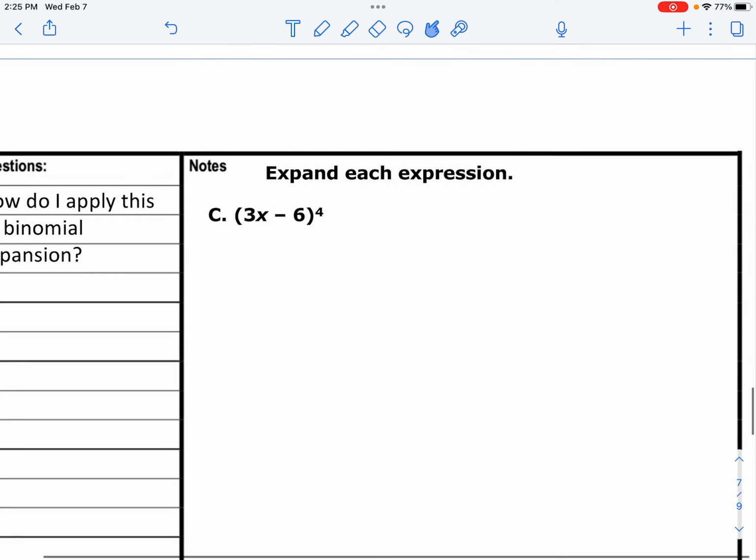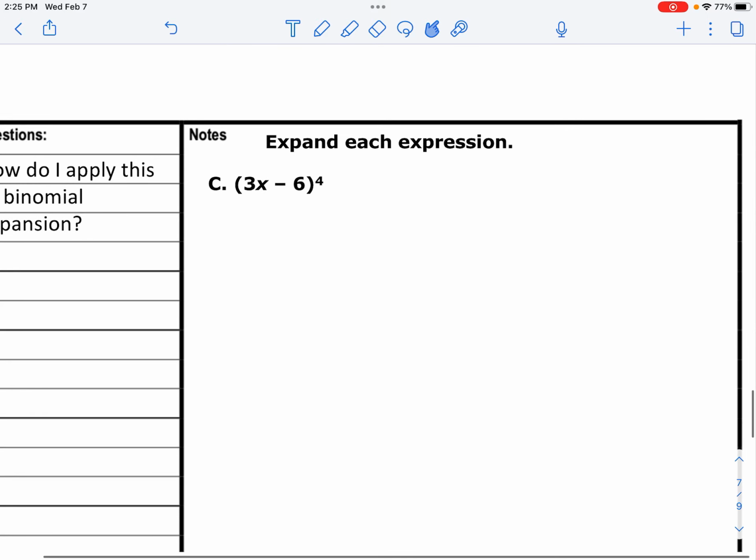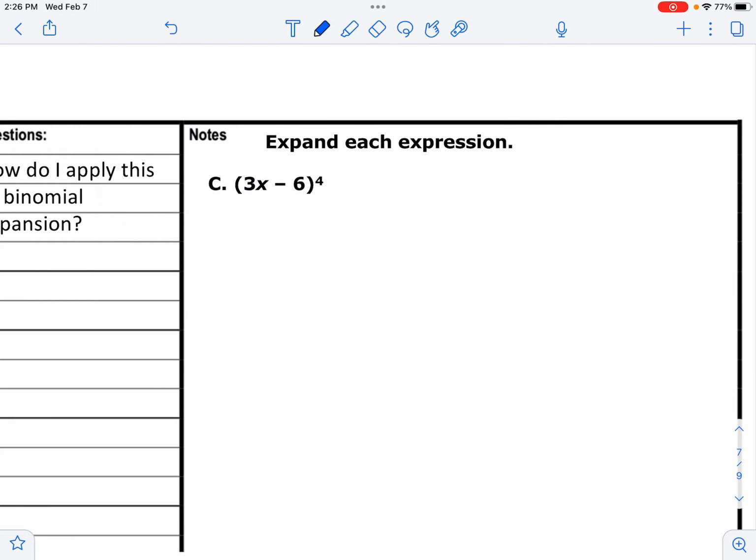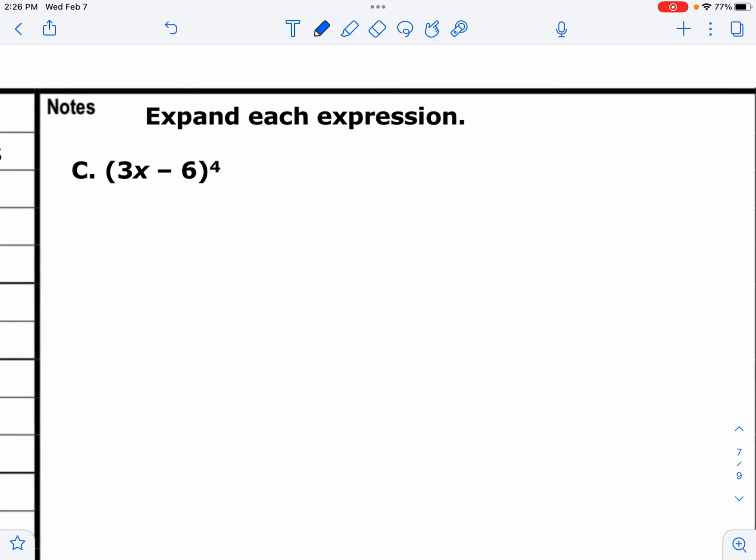Okay, so the last thing that I want to go over is a problem where you have a number in front, and this does make it more complicated. So let's try it, give it a shot. It's not too bad. It just takes a couple things you just have to be careful of. So first, it's to the 4th power, so I'm going to write out my coefficients, and then we're just going to get started. So it's going to be